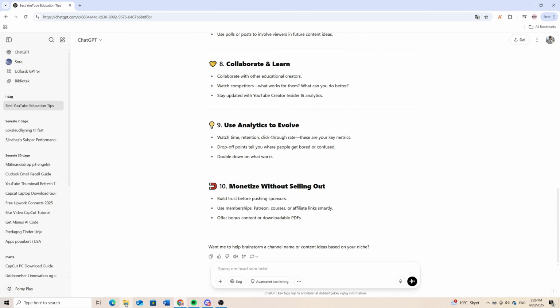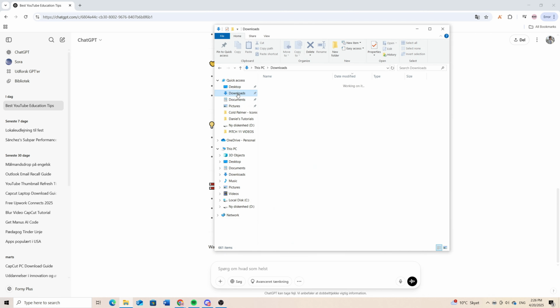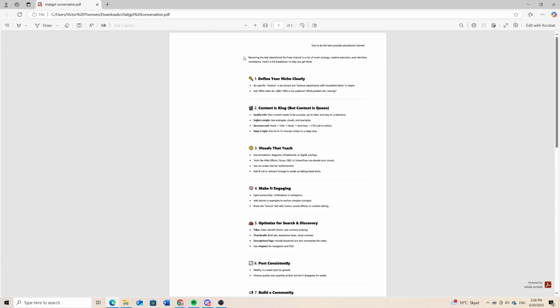And then if you go and open your file explorer here, you can go to your downloads, and then you can open the ChatGPT conversation. And as you can see, the conversation now is as a